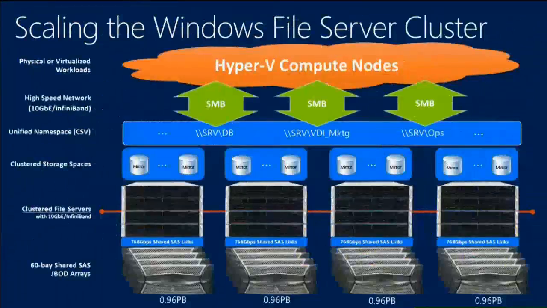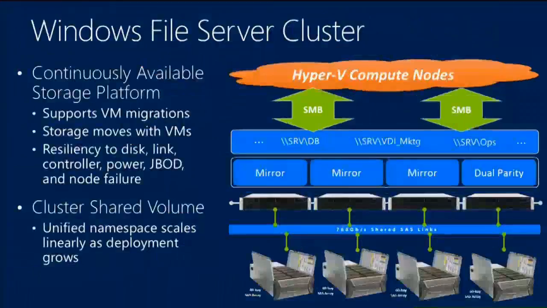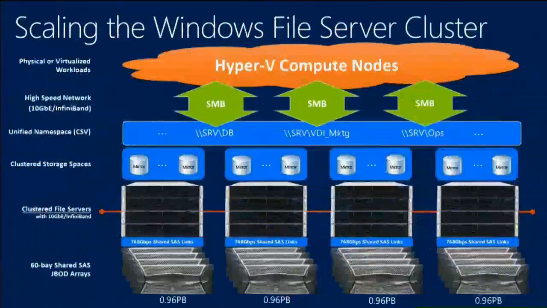And this is all with Windows. I can scale this out even further, taking those 4 clustered file servers, and taking 4 of those 60-bay JBODs. So basically this bottom part of this previous slide, I can scale it even more into different units. Now these different units aren't connected at the SAS level. But because they're clustered, I can have these units right next to each other, and they can access each other's